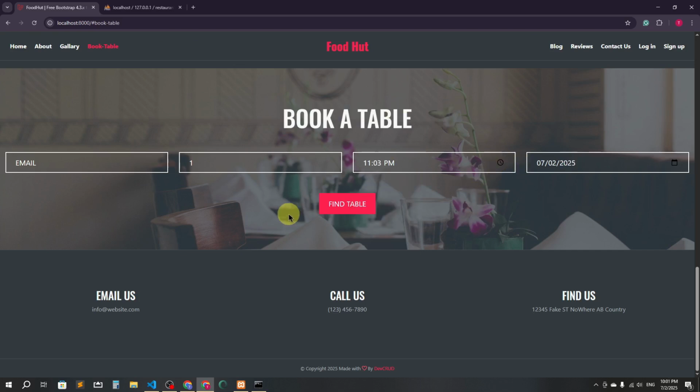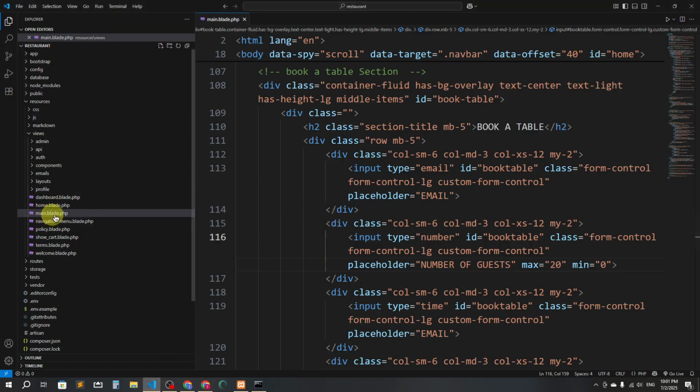So what I'm going to do is create a table at first for this book table. Okay, so I'm going to create a table, and then when somebody clicks on find table, it will add it to the book table. Okay, so here you can see we have to fix this number of guests. It shouldn't be 0. So let's go to the code, and here you can see this is the main design,